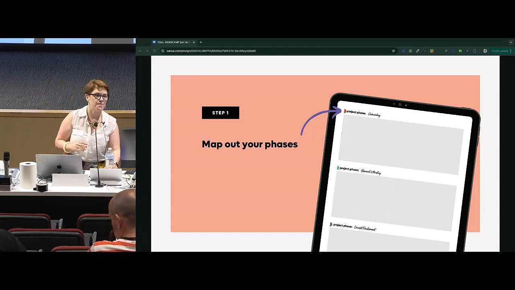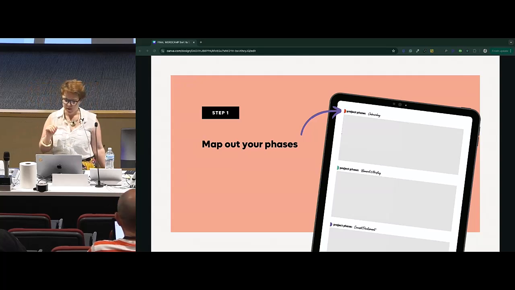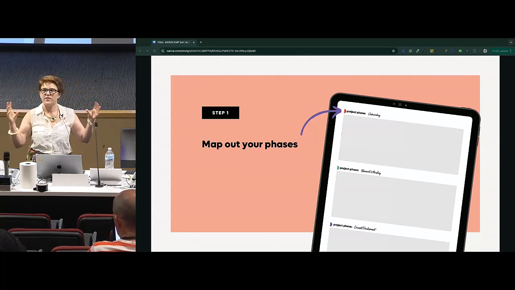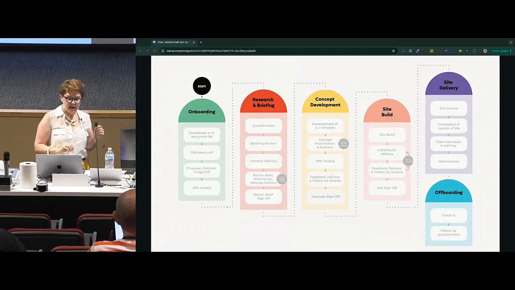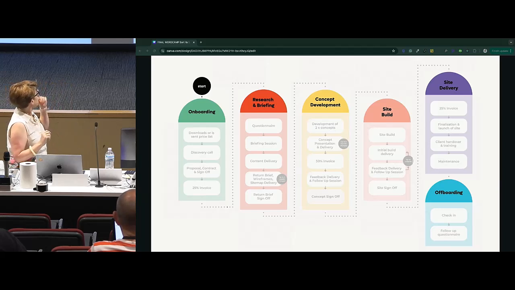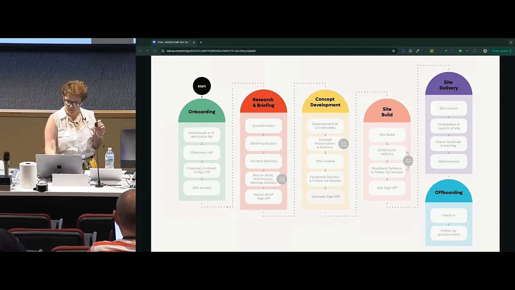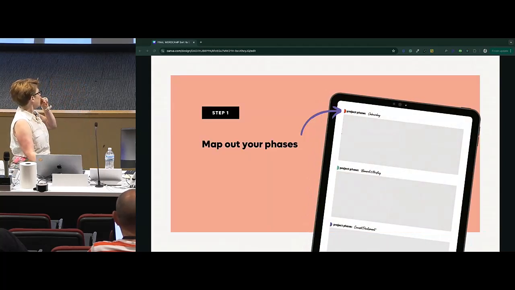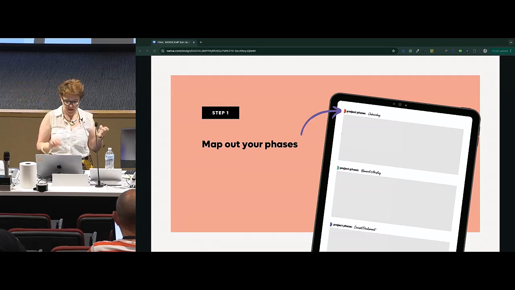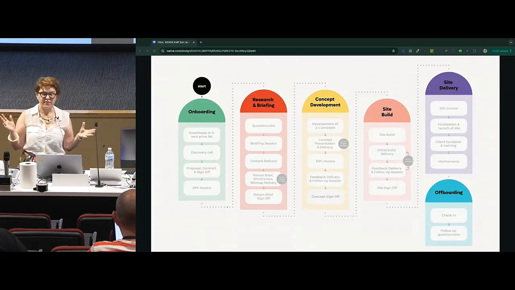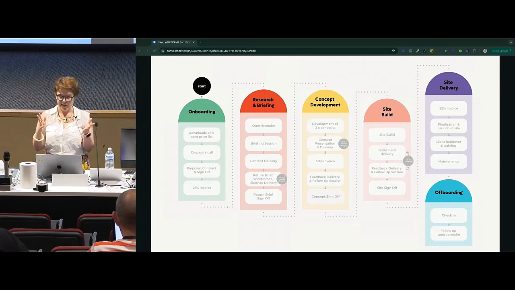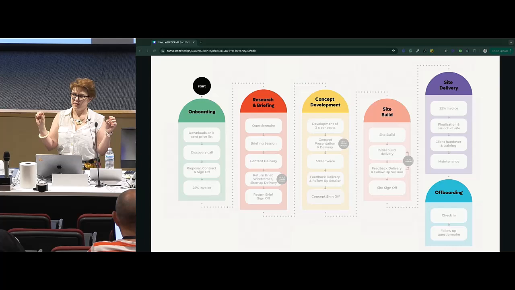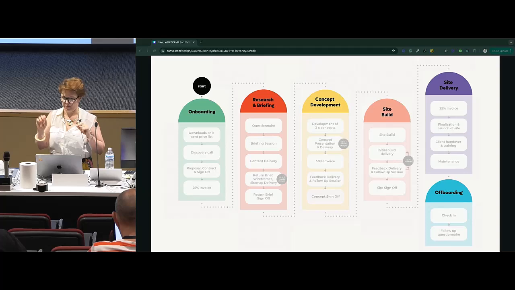All right, so step one is to map out your phases. So this isn't the small stuff. It's essentially the way that you chunk out your projects in your business. So for me, it's these titles across the top here, which I mentioned before, the phases in my projects. If you're using the roadmap, you'll see that you actually have space at the top of each phase for you to write in those phases. I think I've given you 9 different phases. I only have 6 in my project. If you need more than that, you can duplicate it. If you're mapping this out in a document or on a piece of paper, just make sure you leave room underneath them.